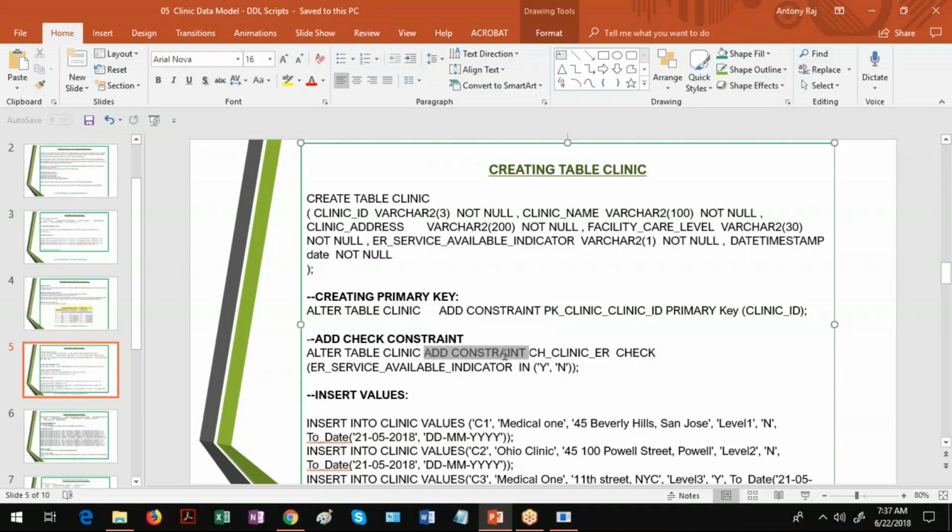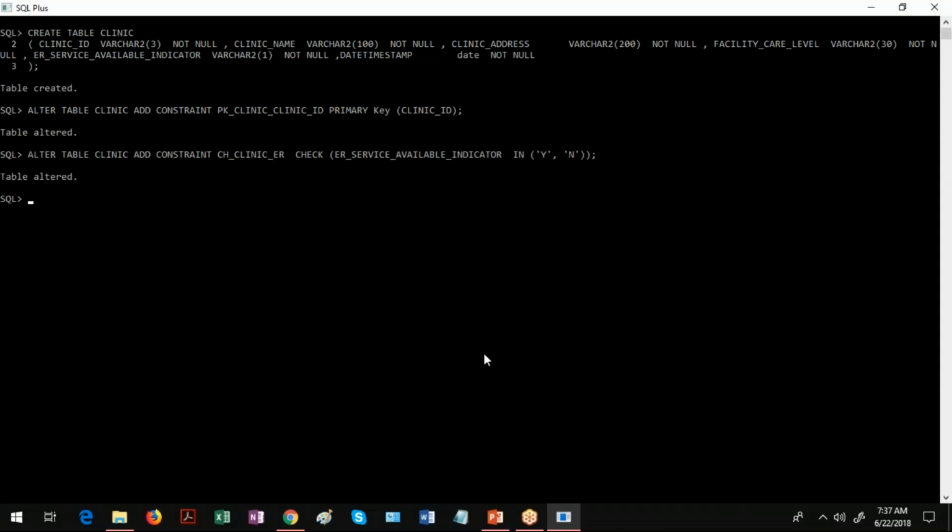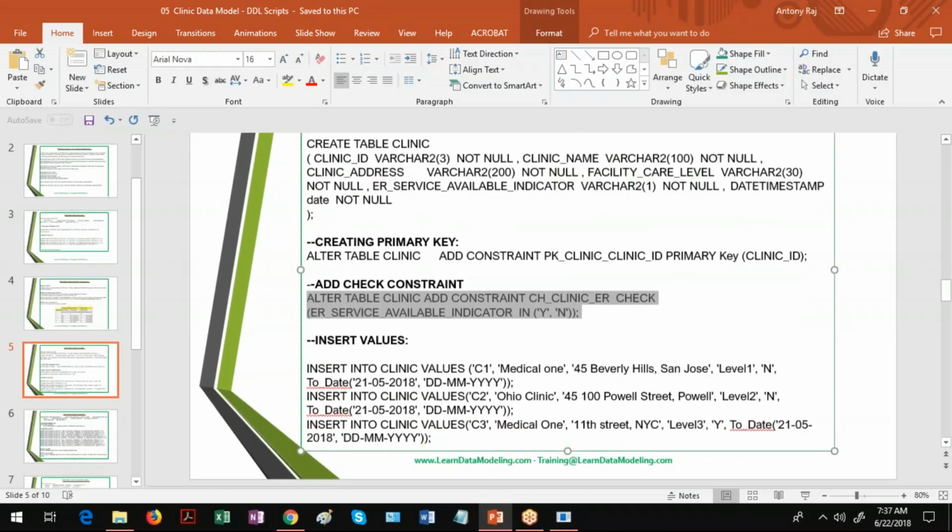Add constraint is the syntax. CH clinic ER check. ER is the check constraint name. Check is the syntax, and this is the column name, and it should have only two values, Y and N. So I copy it and I paste it in the SQL window. I executed that one. Check constraint has been created.